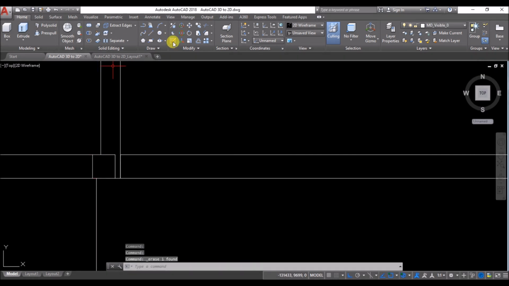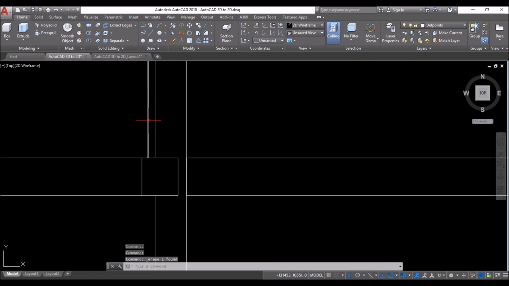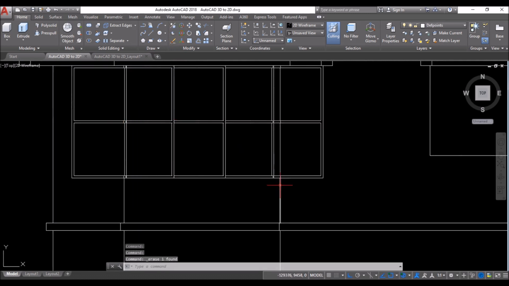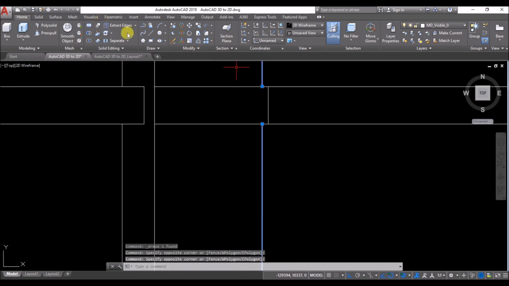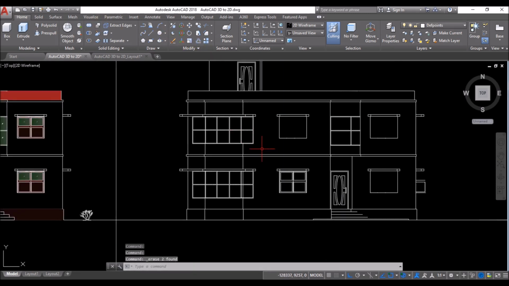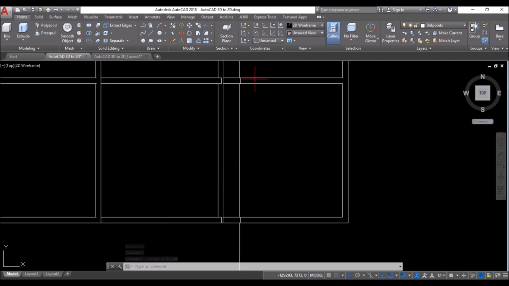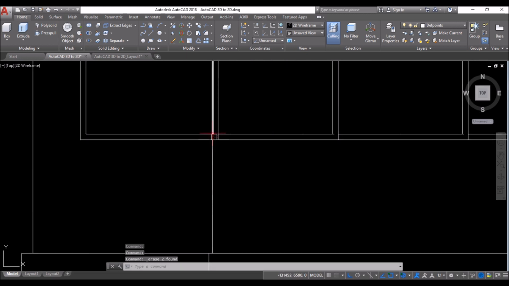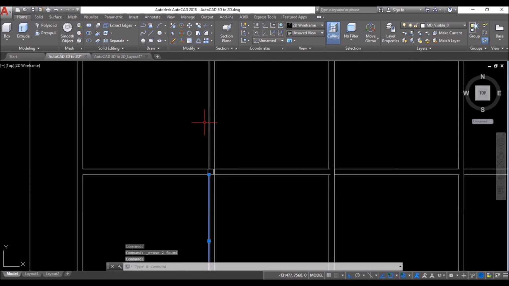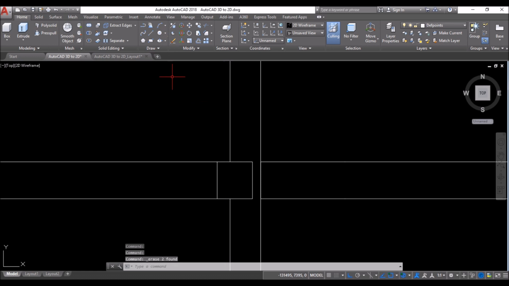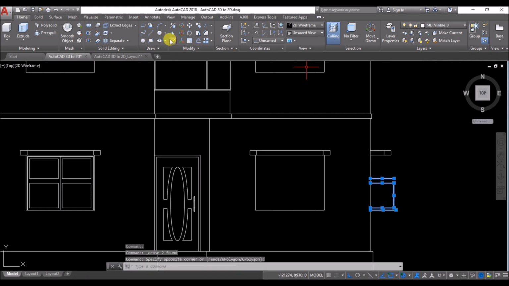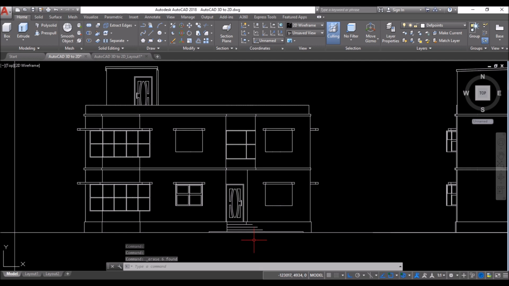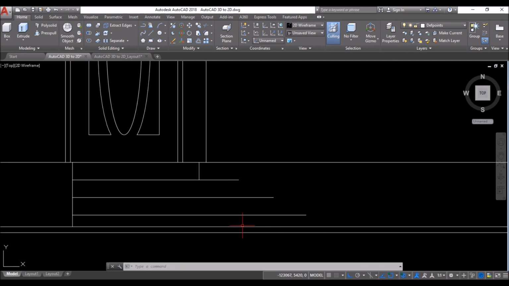Now erase all the lines as shown. I'll draw these lines.